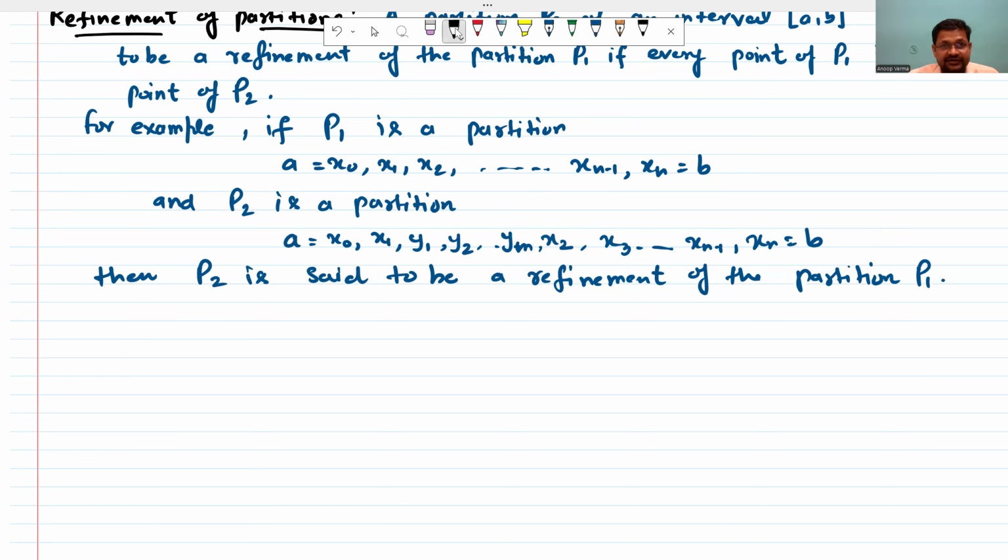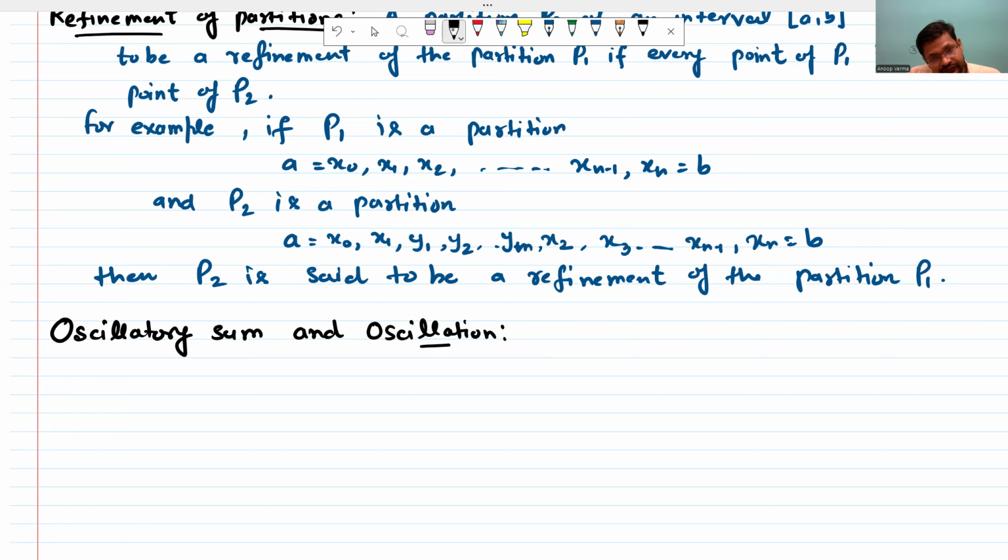एक definition और पढ़ेंगे, that is called oscillatory sum and oscillation. So इसमें हमारे पास क्या रहता है कि अगर फंक्शन बाउंडेड है तो ऑब्वियस सी बात है कि उसके हमारे पास इन्फिमम और सुप्रीमम एग्जिस्ट करेंगे. तो you just write here